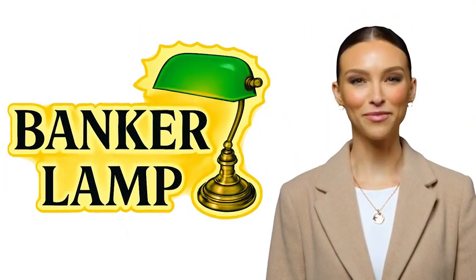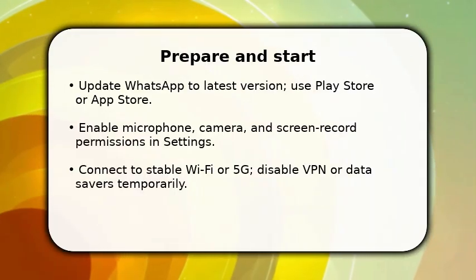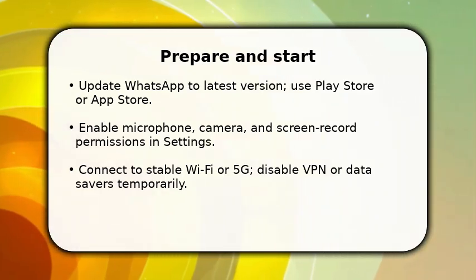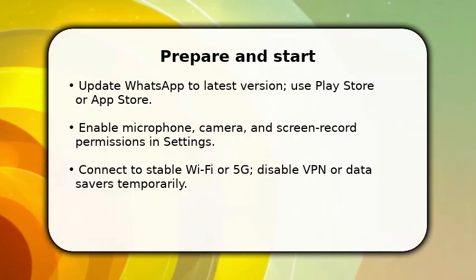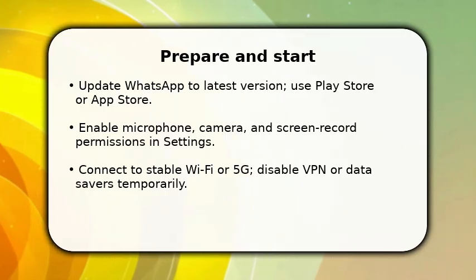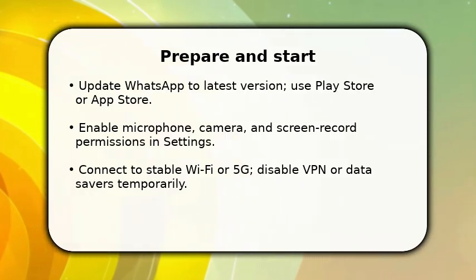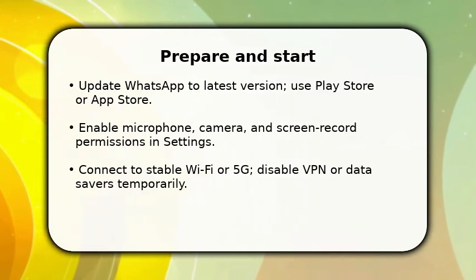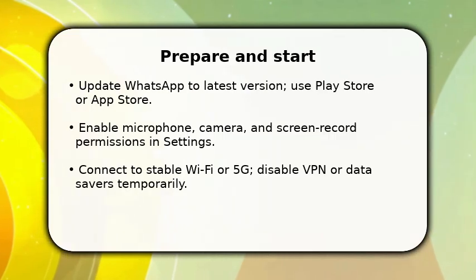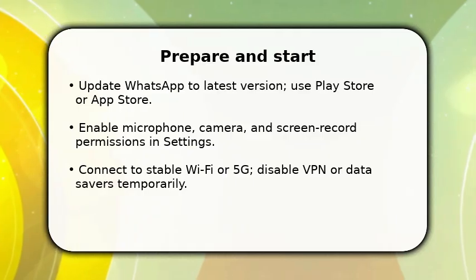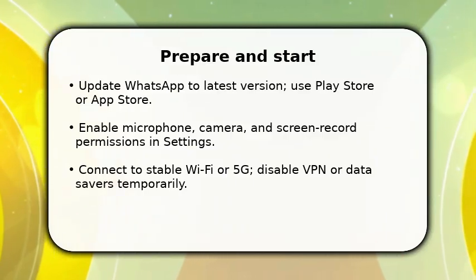Please enjoy the video. You start by making sure prerequisites are in place. Update WhatsApp now and confirm microphone, camera, and screen recording permissions are granted. Once done, remove any VPN and connect to a strong Wi-Fi or 5G signal so packets aren't dropped. Then close WhatsApp fully, swipe it away, and relaunch to force the permission handshake. Make sure no battery saving or data saving mode is active, because those often block the system screen share broadcast